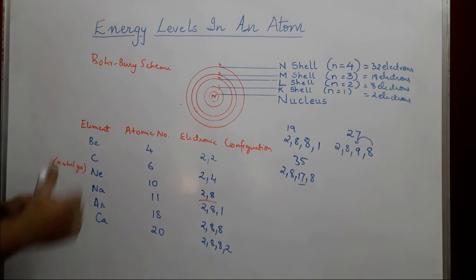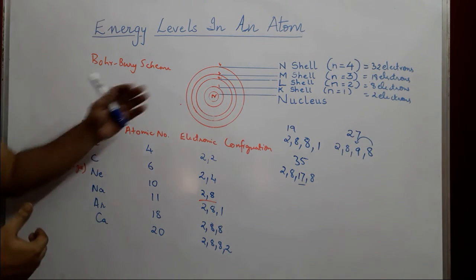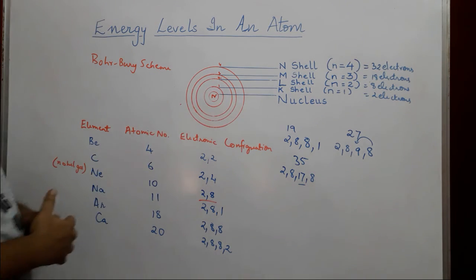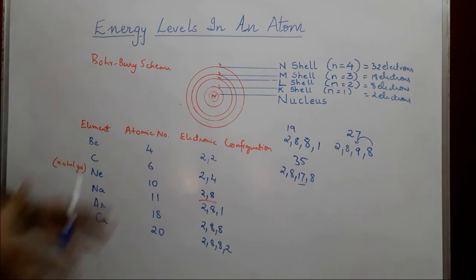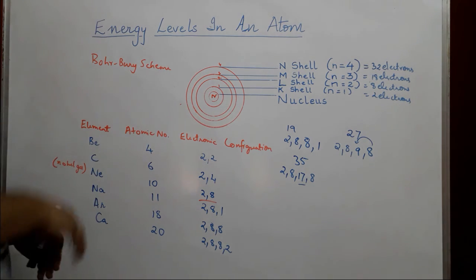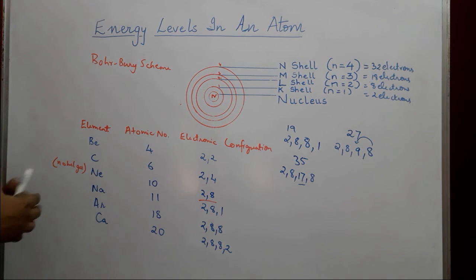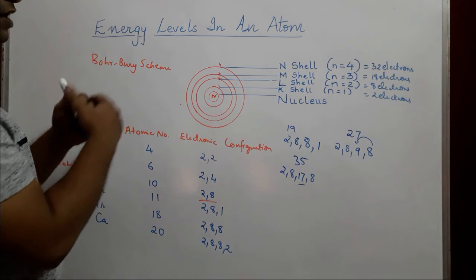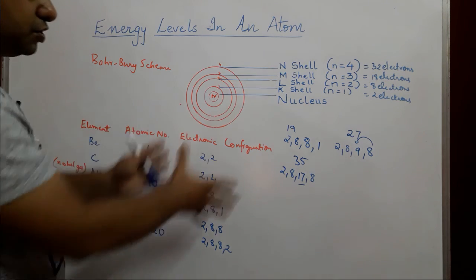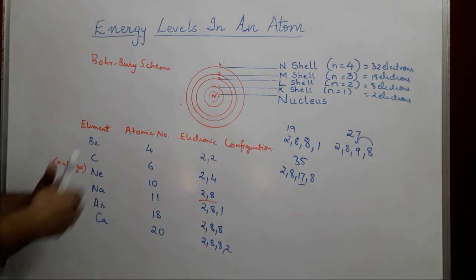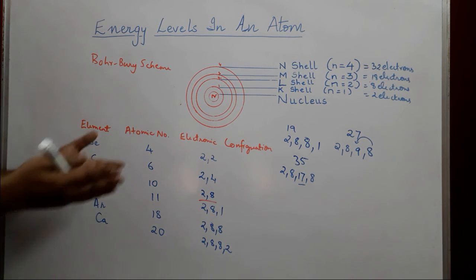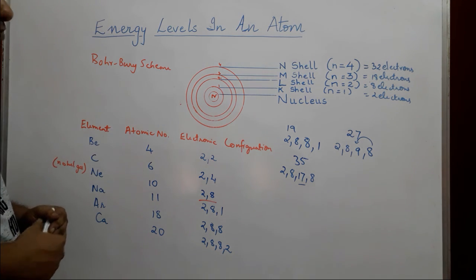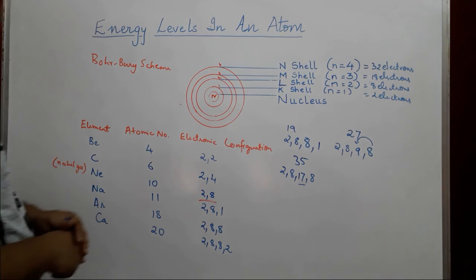The simple reason is they are far away from the nucleus as compared to those in the K shell. And because they are loosely held, they possess a lot of energy and they move around with a tremendous amount of energy. That is why the energy increases as we move from one shell to another. The electrons in the outermost shell are easier to extract or to lose, or even to accept electrons is easier when it comes to the bigger shells.